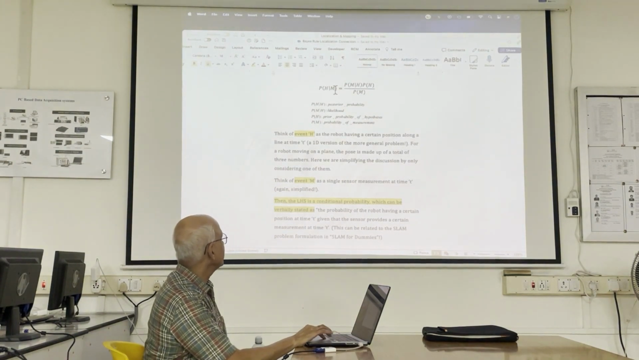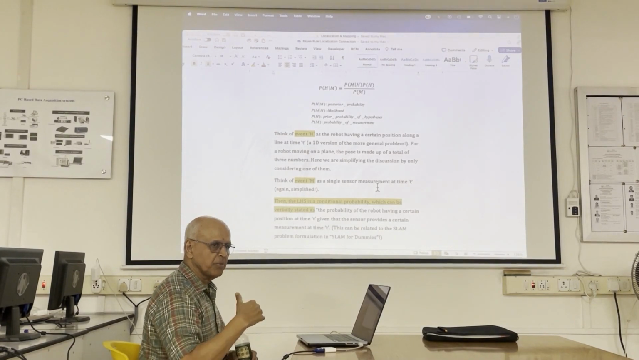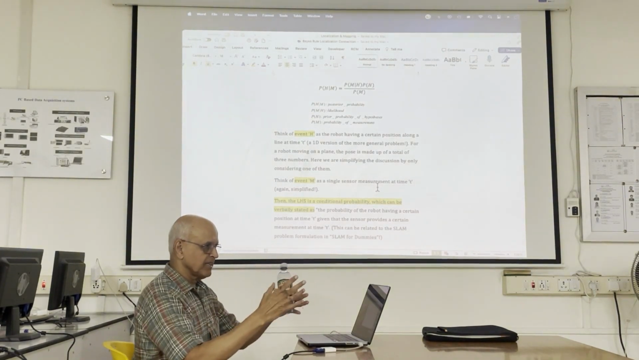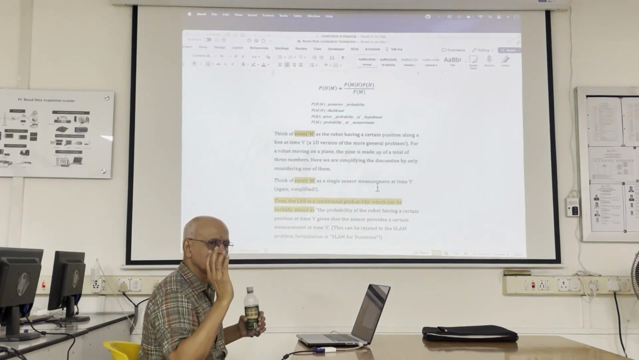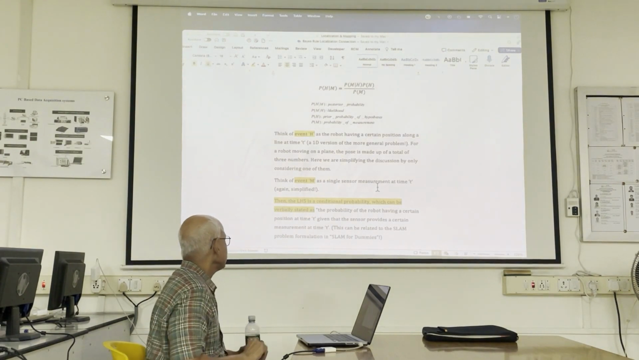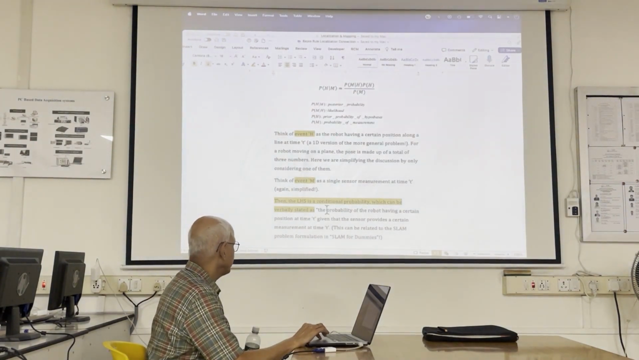Okay, what is this M here? Think of event M as a single sensor measurement. So it could be you looked up and your camera, when you decomposed the image and did perception, it said, hey, Kentucky Fried Chicken. Or it could be a GPS reading. So the left-hand side is the conditional probability, which can be verbally stated as the probability of the robot having